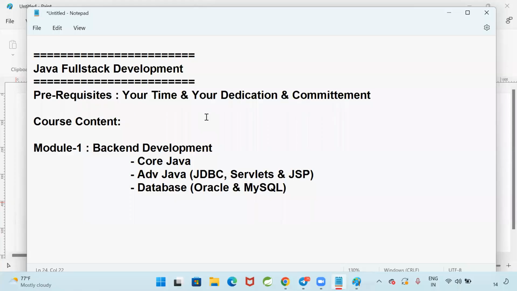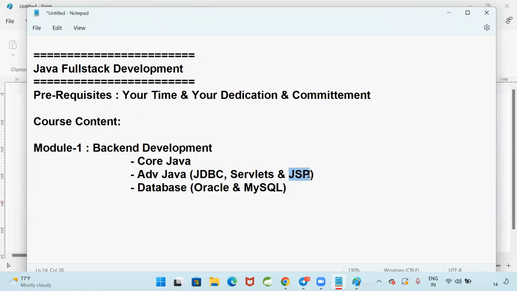Similarly, whatever Java programs we develop by using core Java, if we want to keep our application on the internet, then we need servlets. What is the purpose of servlets? To make our application accessible through the internet. Whatever project I develop on my computer, I should be able to access it on my computer, and you should also be able to access my application. For that we are going to use servlets, right?